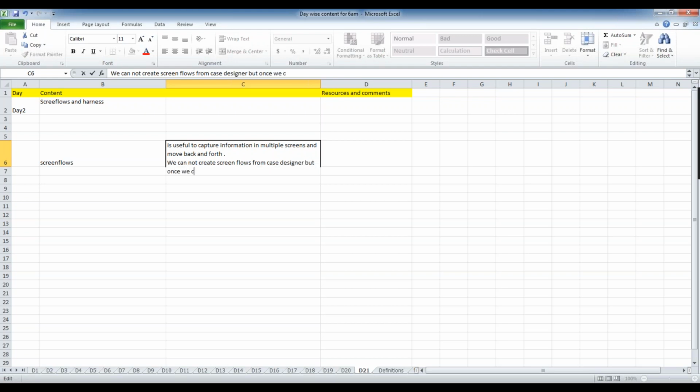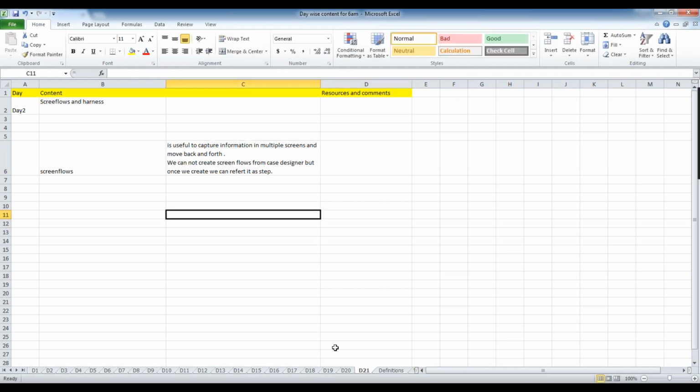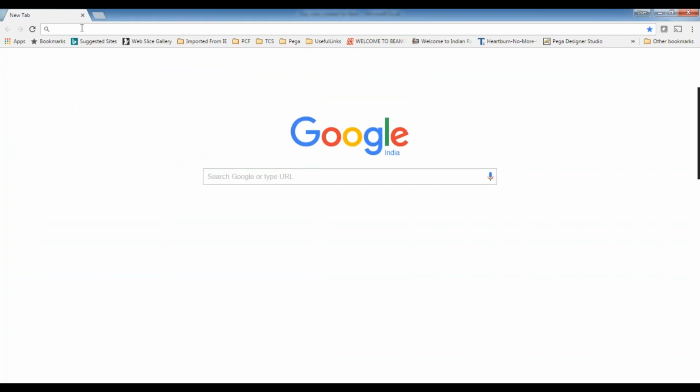But once we create one manually, we can refer to it as a step. The reverse is not possible.